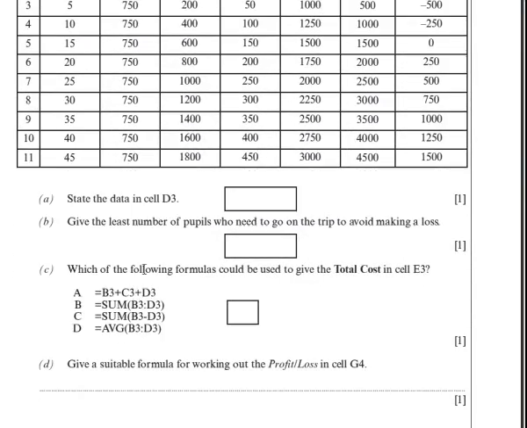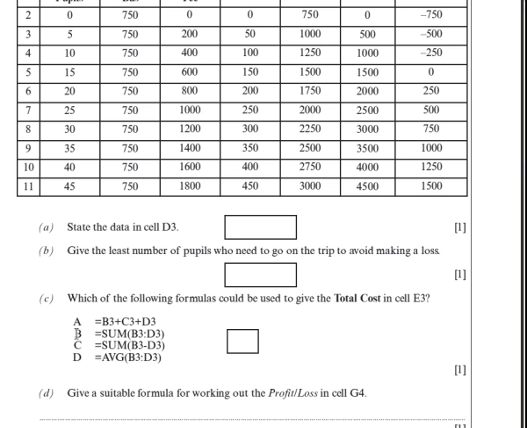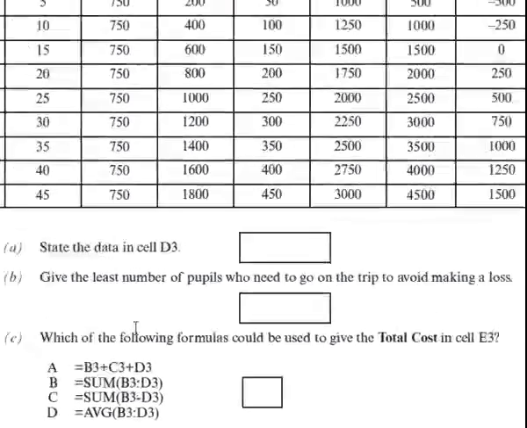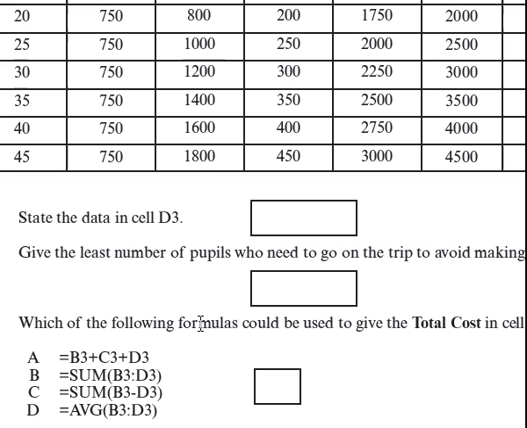Now if we look at the answers that they've given us, you can see straight away that answer A is correct. Also, you would get a mark for answer B because it does the same thing. It gives you the sum of B3 to D3, which would return the same result. It's actually for the formula, so I would be inclined to use the top one, but you would also get the mark for